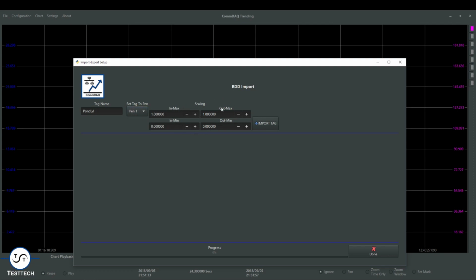The other option you have here is for scaling. You can go in and scale the tag as it imports however you want. Let's say it's a 0 to 10 volt signal that you want to convert to an actual engineering unit, so 0 to 10 volts is 0 to 500 psi, you could make that conversion here so the data is in a scale that you want. Once you're ready, you're going to click the import tag,